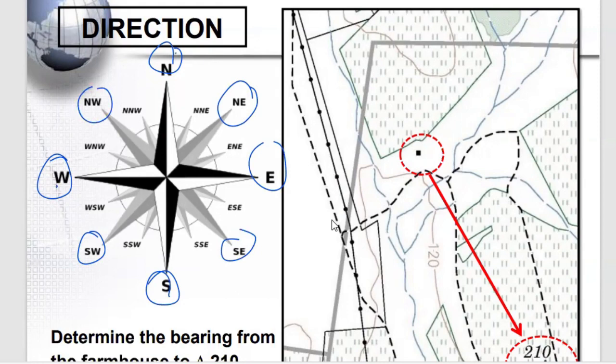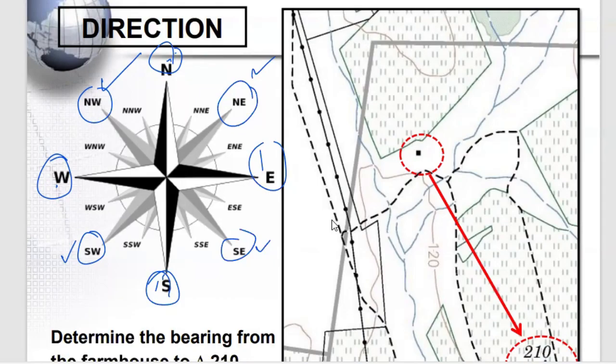Between north and west, there's northwest. Between north and east, there's northeast. Between south and west, there's southwest. Between south and east, there's southeast. We now have the 4 major plus those 4 minor, which is 4 plus 4, 8. And then we can add another 8 between those 8 to make 8 plus 8, which is 16